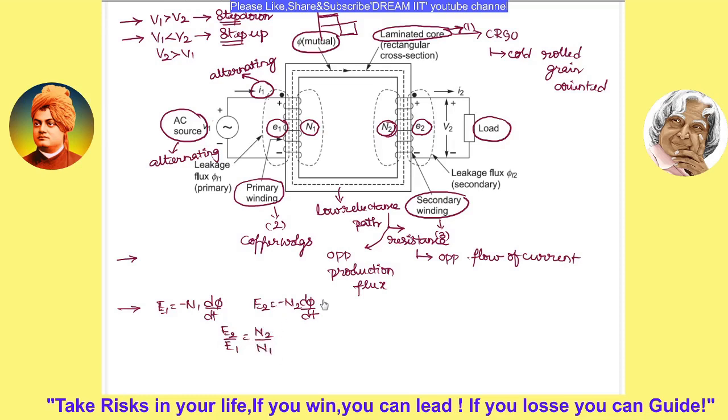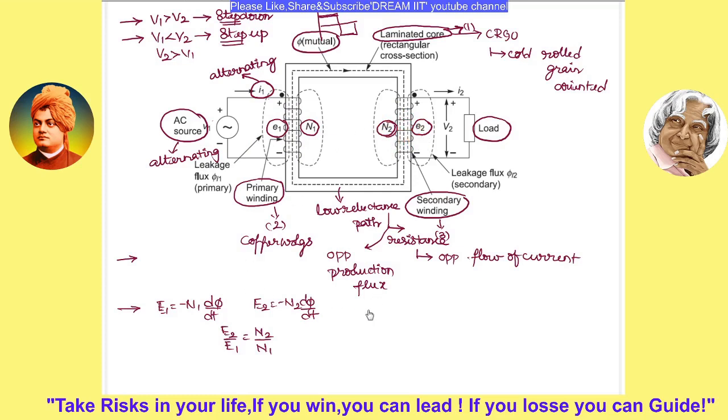So from this entire explanation, we are going to note down some points here. The transformer action is based on electromagnetic induction. If you observe clearly, there is no electrical connection existing between the primary winding and the secondary winding, and it works at constant flux. Another point is there is no change in the frequency. Whatever the frequency of the induced EMF is, it is the same on both sides.